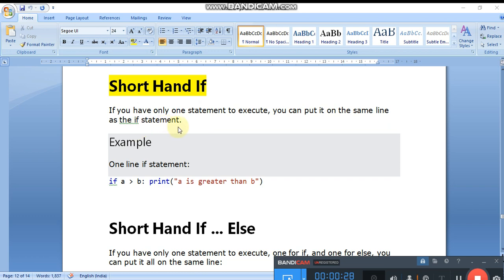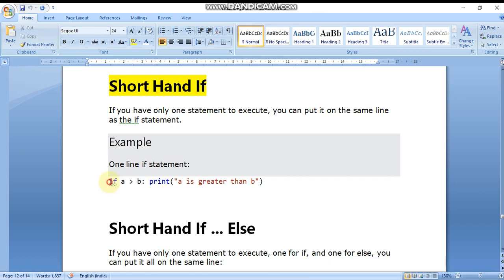You have seen that if you're using an if statement, the body of the if we always write on the next line. मीन्स यदि आप if स्टेटमेंट यूज करते हैं तो if का जो बॉडी होता है if के नीचे हम लोग यूज करते हैं इंडेंट को मेंटेन करते हुए. But if there is only one line in the if, then we can write it in a single line. So you can see here.